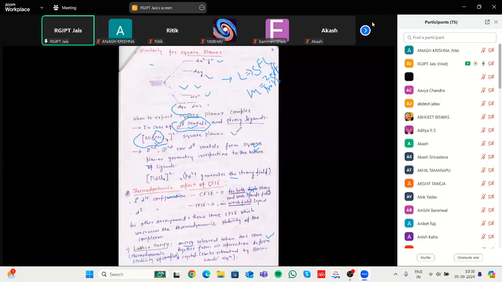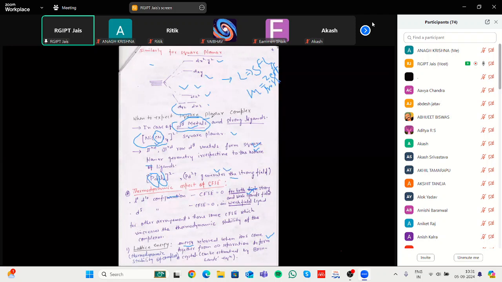And these complexes are based upon the metal. If in this case the chloride ion is attached, means the ligand is weakest, but the charge on palladium is high as compared to nickel. That's why it forms a strong field ligand complex. Strong field ligand complex means that occurs in a square planar complex.